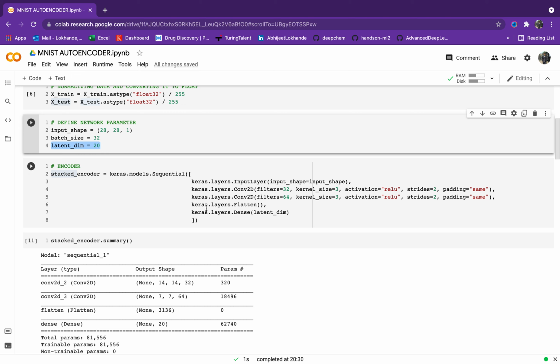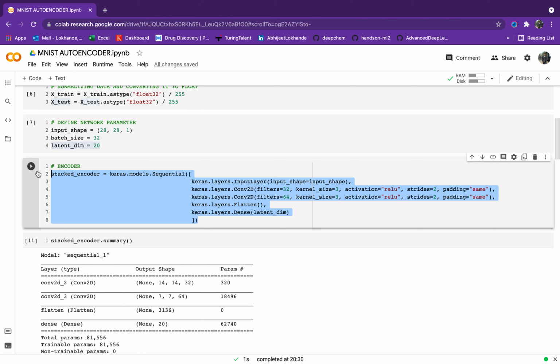So let's define an encoder here. The encoder is nothing but a sequential model. The first layer is an input layer, and our input shape is 28 comma 28 comma 1.